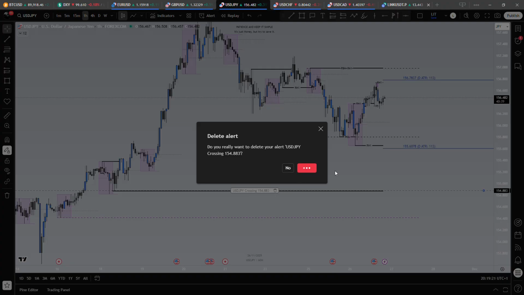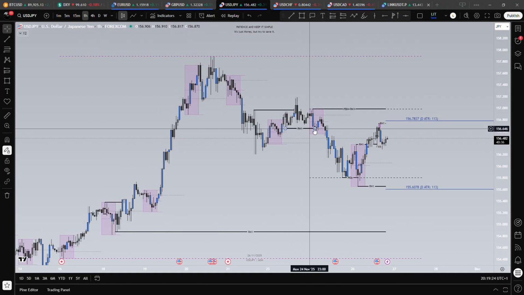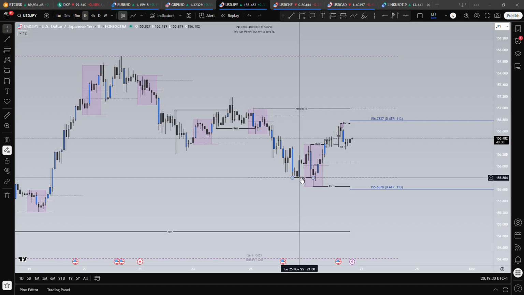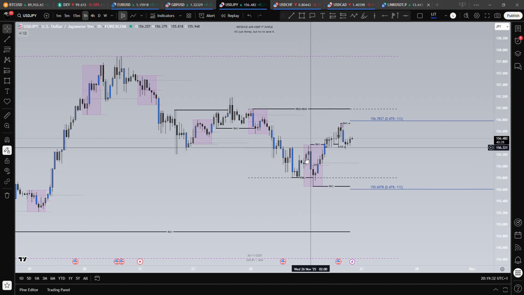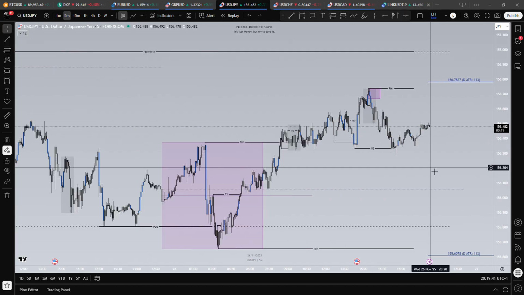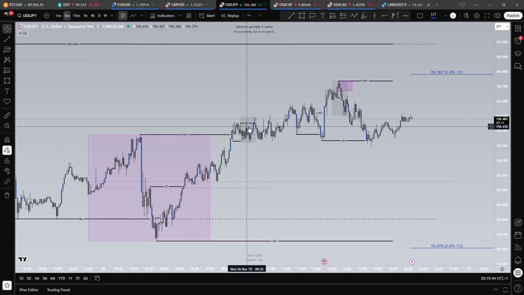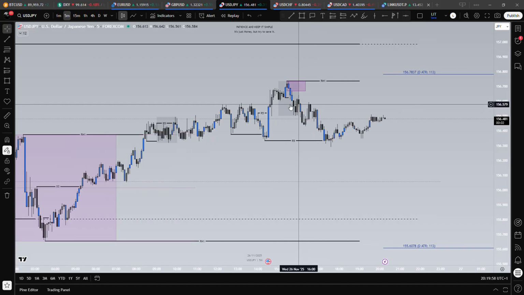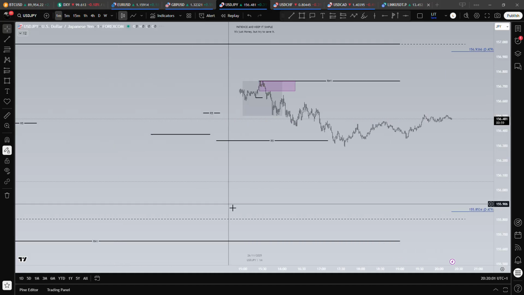USD JPY. In this case, we took this round liquidity in H1 here, leaving this previous daily high and round liquidity in H1. And then to the downside, we had this previous daily low, this round liquidity on H1 from breaking this, and this one here. And I was looking for reversal trades. Here we had no break of structure, we had it here, but it was out of timing. And then we had a break here to the downside in time. There were some wicks, but I think we had no, yeah.